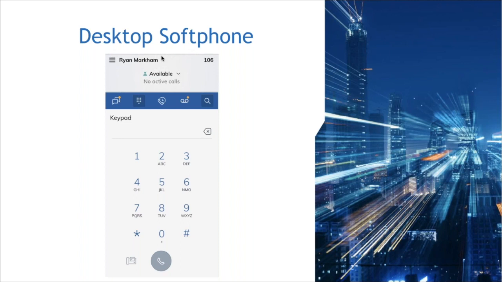The first thing that we're going to talk about today, the first application that we have to offer to help you get set up to be able to take your extension home with you, is our desktop soft phone, which is called Zulu. Zulu started out years ago as just a browser and desktop integration tool for click-to-call. It basically allowed you to click on a number in your browser or your email, and it would originate a call through your hard phone. We have put a ton of development into Zulu over the past 4 or 5 years now, and it's turned into a full unified communications tool.